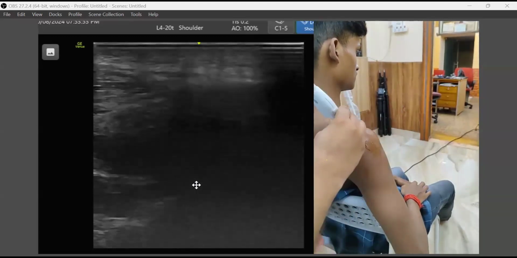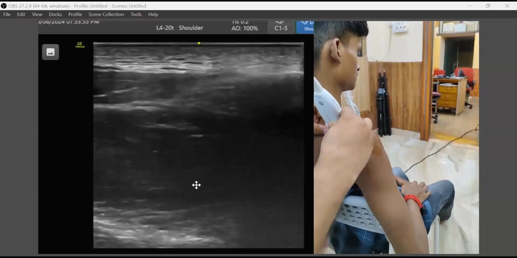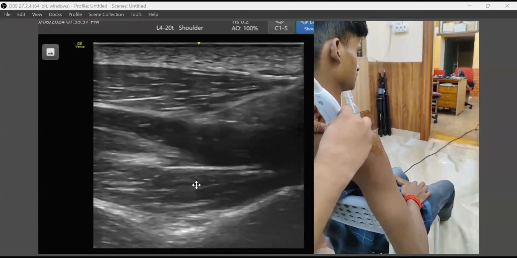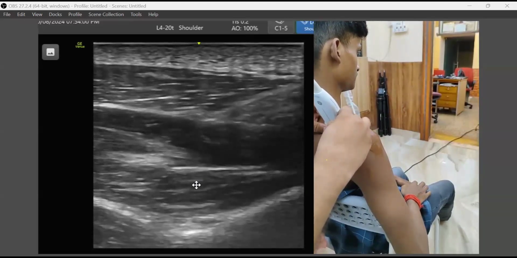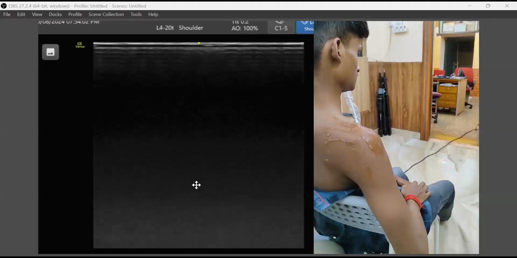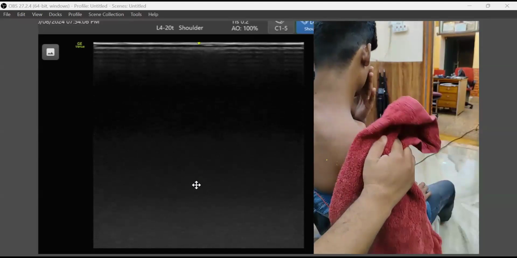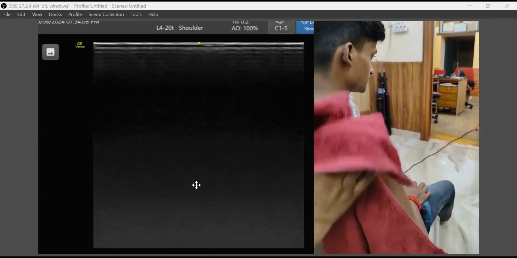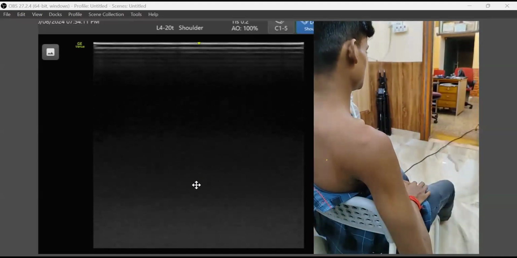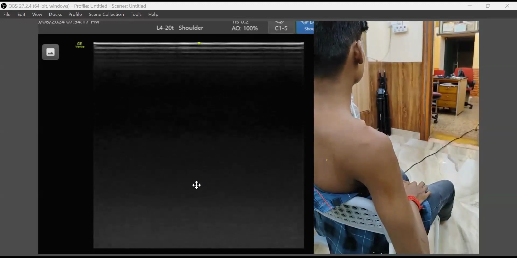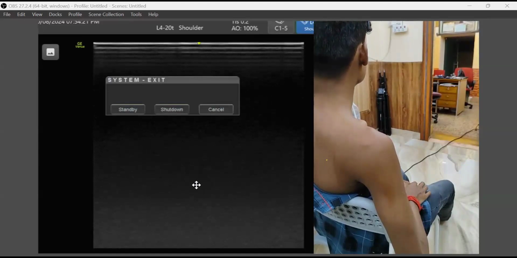I thought it was the fossa only. Anyway, here is the fossa. The vessel is visible. So let's go for the pathology portion. Now, actually, maximum pathology has been discussed. Only a few pathologies, for this infraspinatus, have not been discussed. So let me go to